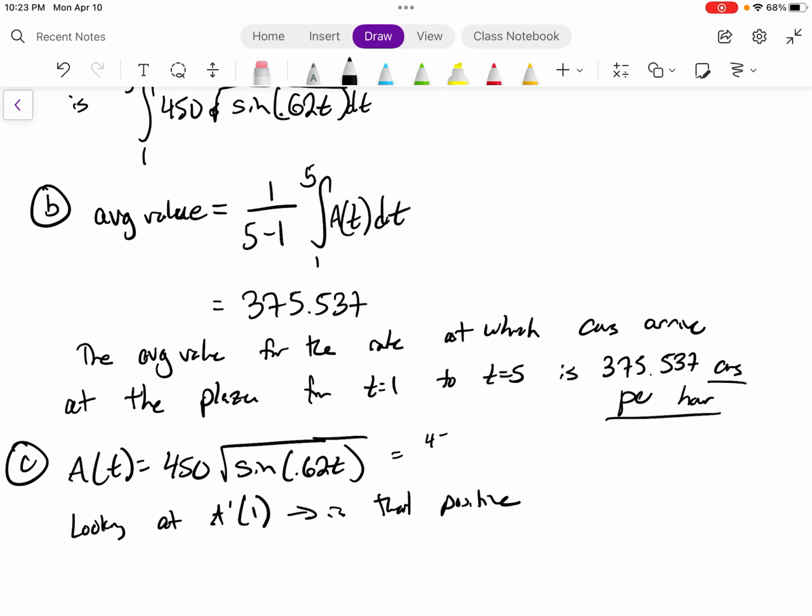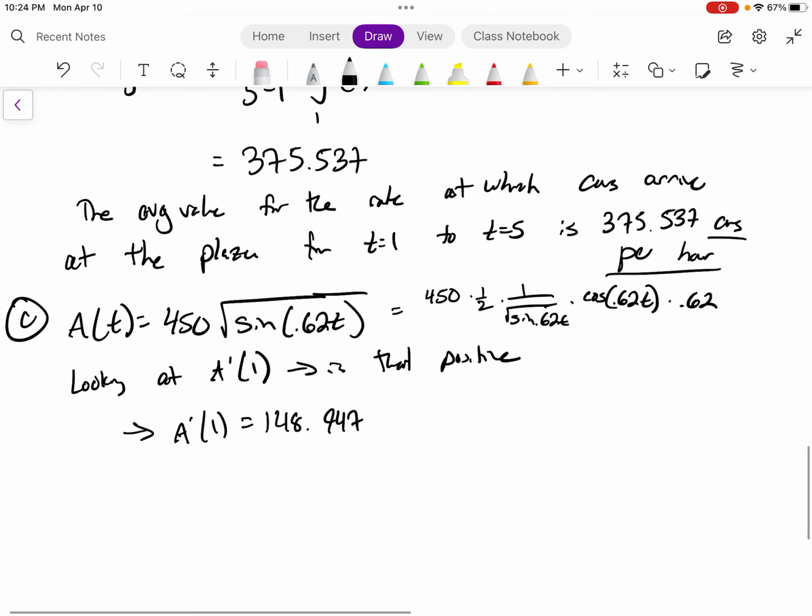That would be 450 times a half times 1 over this thing times the derivative of that thing, which would be cosine 0.62t times 0.62. So that whole thing, you could definitely plug in 1 if you really wanted to. Obviously, you're going to need a calculator to get that, but at the end of the day, you get A prime of 1 is like 148.947. So what that tells us, right, is